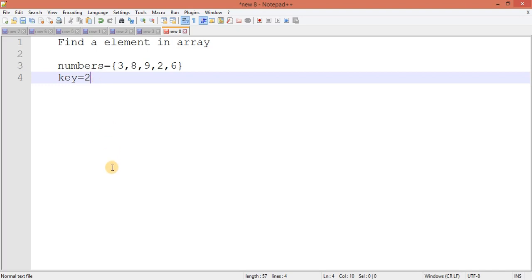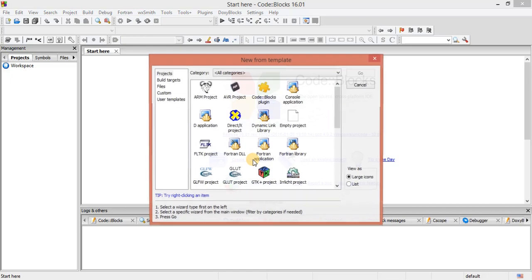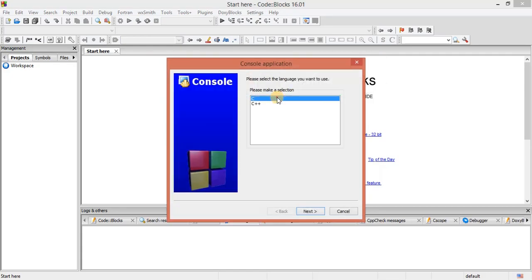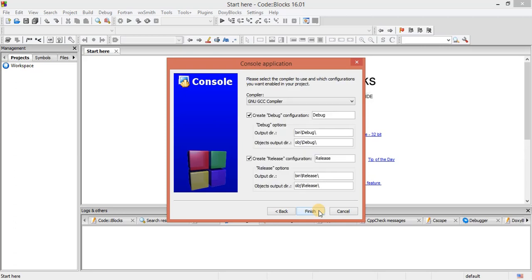Okay, so let's implement this program. Create a new project right here, finding an element.